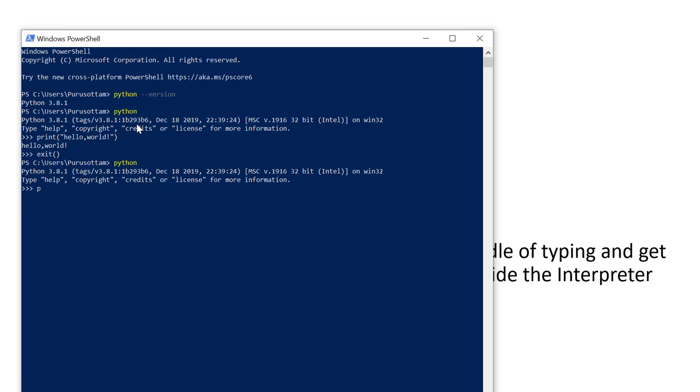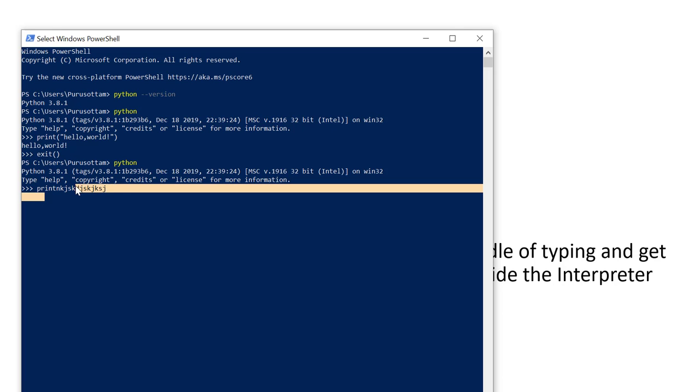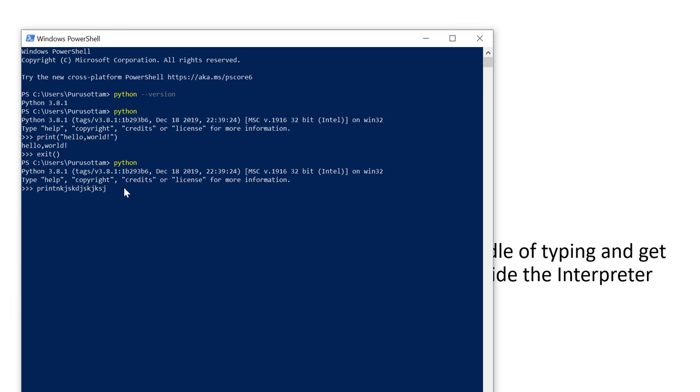Here print. If I want to get rid of this line, then I will type here Control C. Then you will get out from this line.